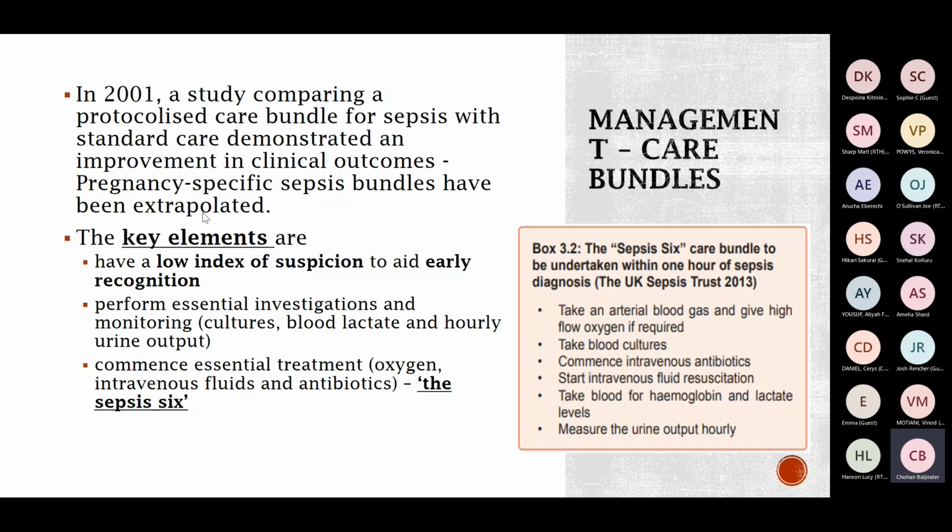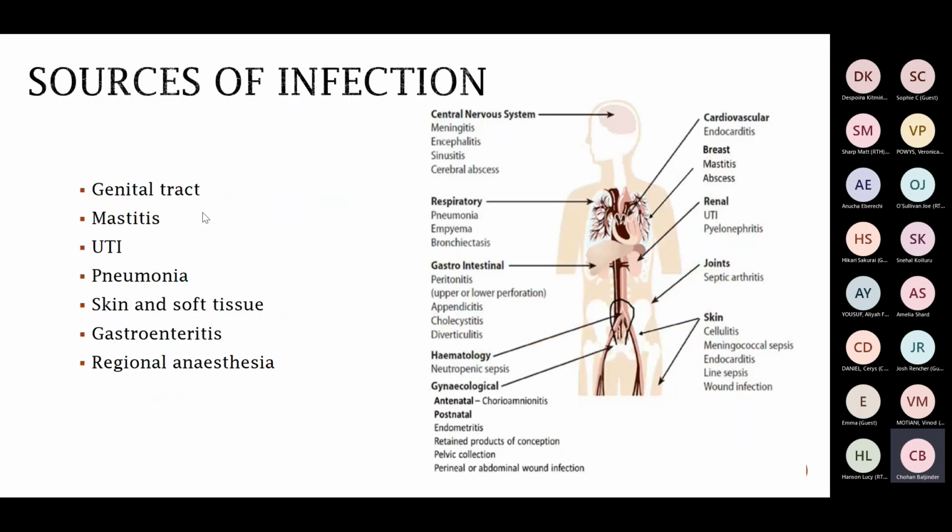Very quickly then, this slide just summarises all the different sources of infection, which we've kind of thought about already when we spoke about the different symptoms that you would ask a patient. A lot of things to think about. So it's not just pregnancy specific things, but other things which could be causing infection. And these would be the indirect causes of death if the patient became very unwell and died. And in someone that's been recently delivered, don't forget about mastitis. So always ask about any breast symptoms, always examine their breasts as well. And don't forget about regional anaesthesia and checking for their backs. And if you're ever worried, then obviously escalate to the anaesthetist.